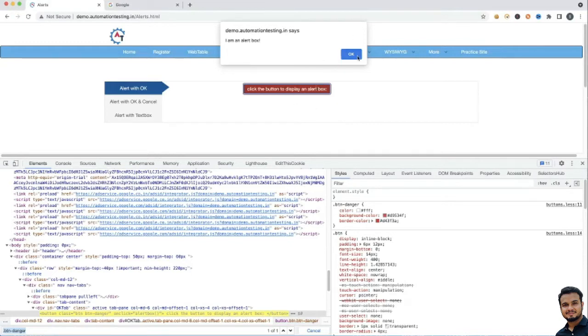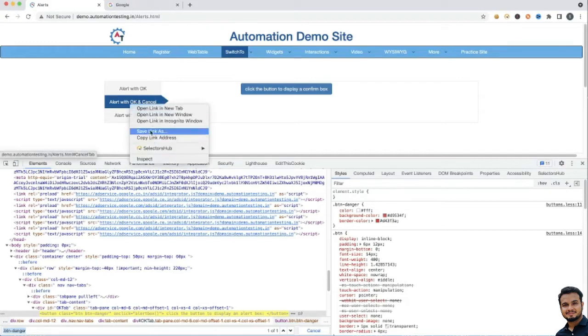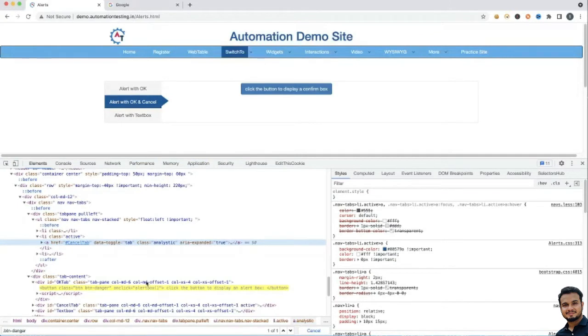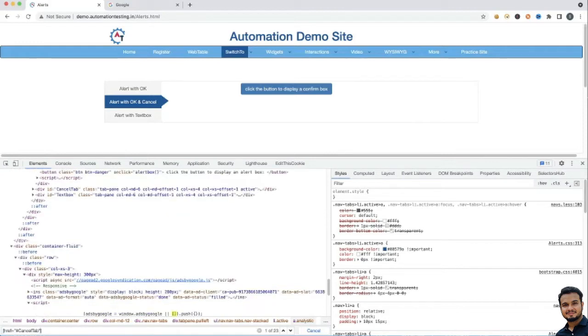Then it should automatically handle this alert. If it automatically handles the alert, after that you should be able to perform some other actions. For example, you want to click here, and you should be able to click here, only then we know it handled the alert. So I will inspect this, take this, and write it here.